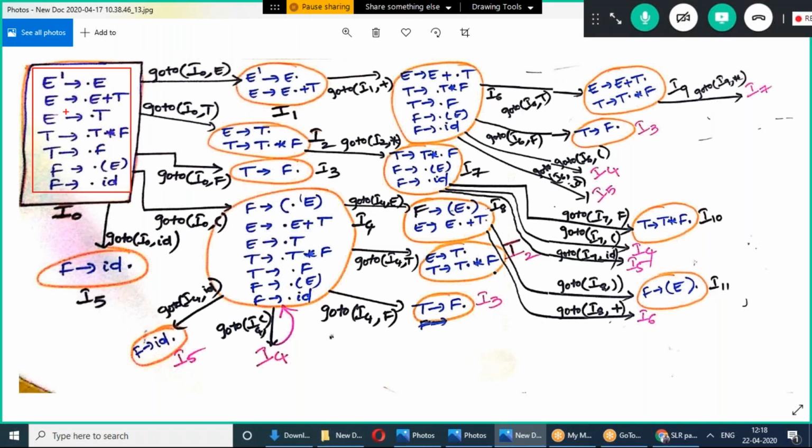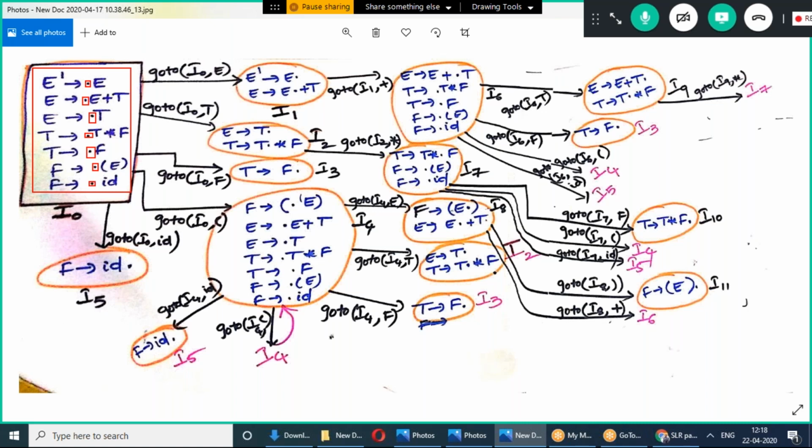Here also E is there. After the dot, T is there. After the dot, F is there. After the dot, open parenthesis is there, and after this dot, ID is there.